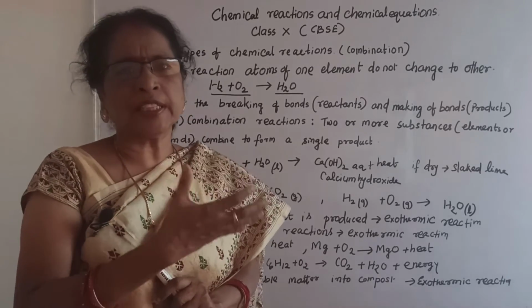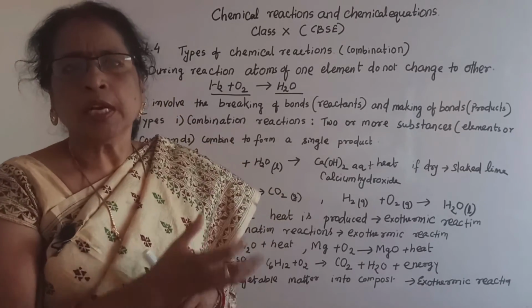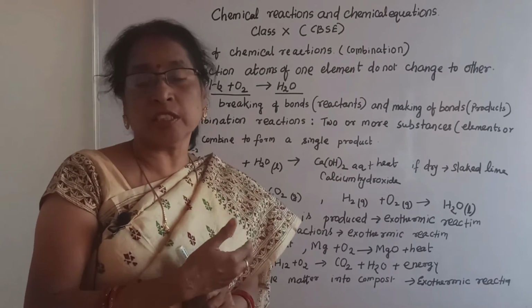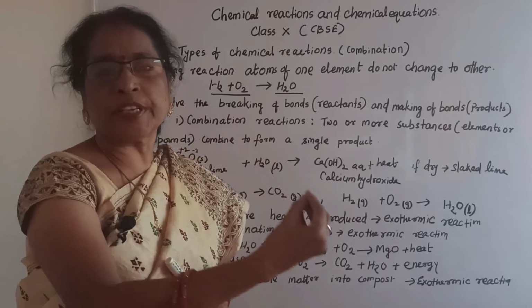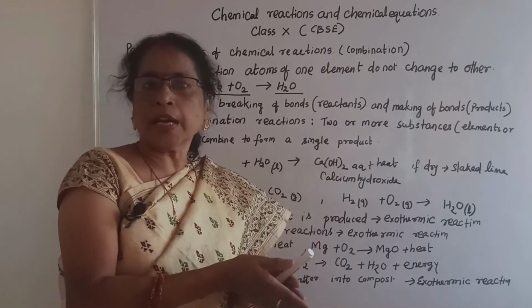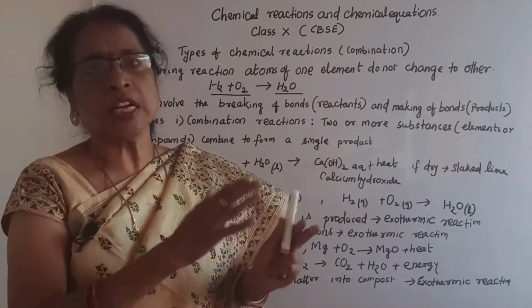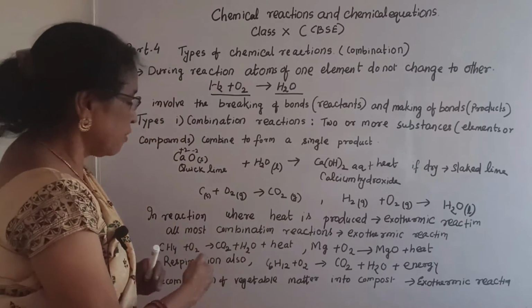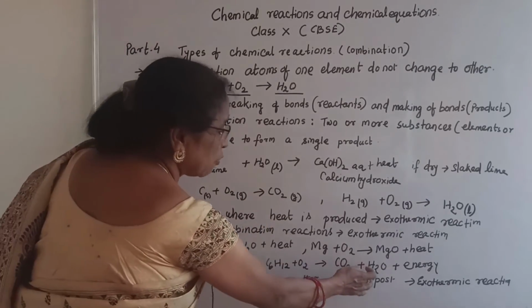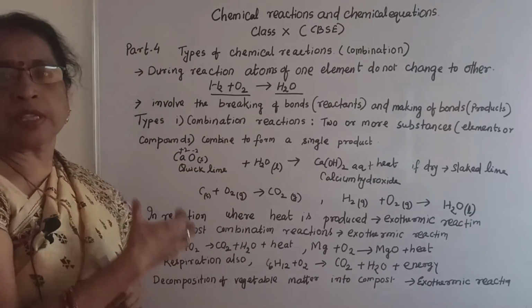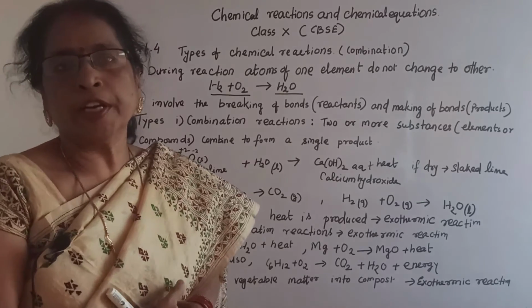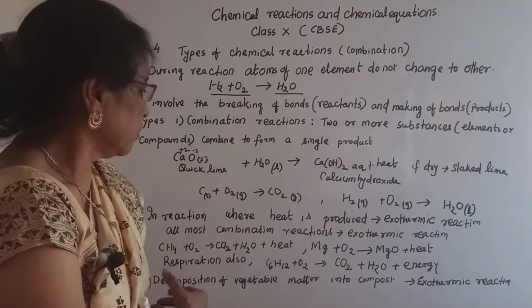Now, what is the purpose of glucose? The glucose will combine with oxygen. From where do we get oxygen? In respiration, the oxygen we take in will combine with the glucose. Then that gives one type of exothermic reaction where carbon dioxide, water and energy are produced. That energy is very important, which gives energy to our body, to our cells.